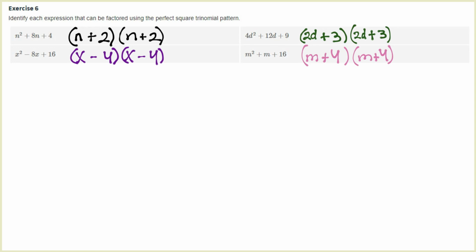So it might have been confusing that you thought that this will work every time, even if you don't check it, but you still have to check it. You don't have to guess so much at the beginning, but you still have to check to make sure that you're right. So if we check by foiling,